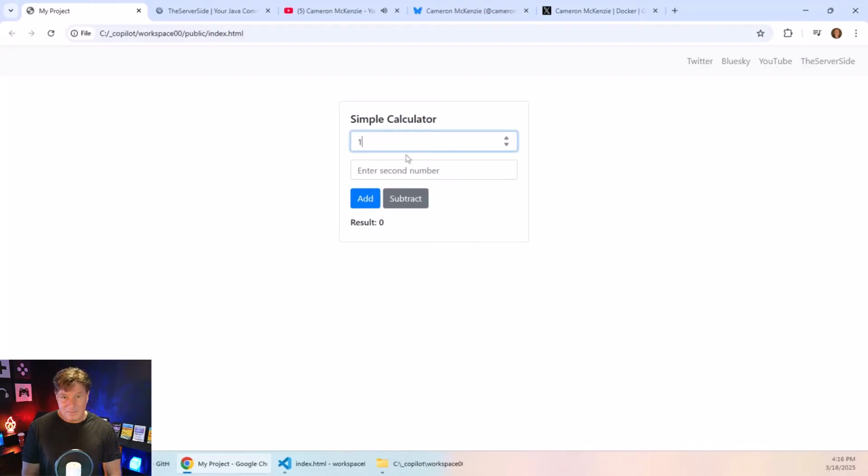Enter the number, so the number 1, what's the second number? 2, we can add them. The result is 3, we can subtract them. -1, you know what, this is all looking pretty darn good. So it's not quite the calculator that I wanted, but